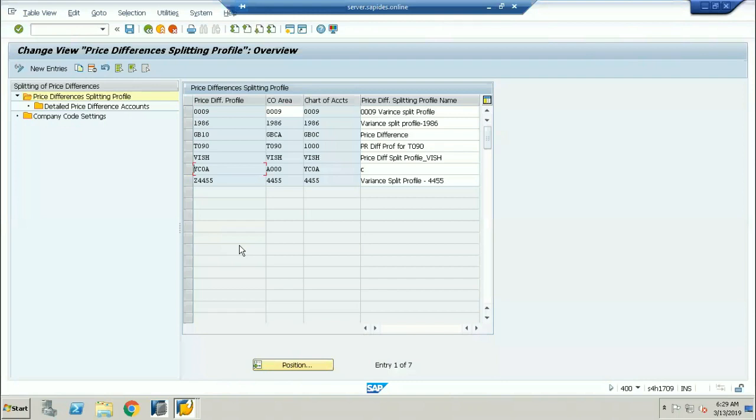Make sure you use the standard configurations. If not, before you do the user exit, contact us, because there are several simplifications happening in SAP S/4HANA. If a note is available, we'll provide the note. If not, we will give an alternative solution in SAP standard. If not, you go for the user exit.